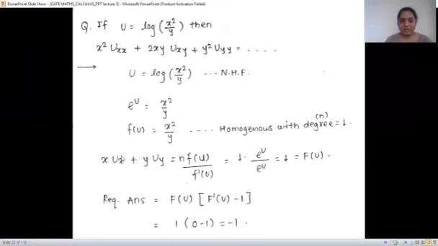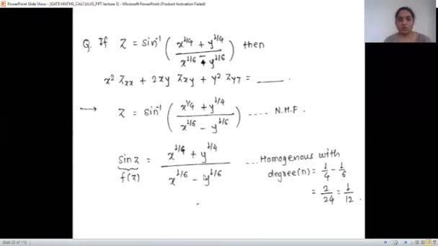I am showing the last example for your help. So x z_x plus y z_y, I am asking you. So u's role is now played by z. That is n into f of z upon f dash of z. Remember this formula, write it down. x z_x plus y z_y is n f of u upon f dash of u. In this case, n f of z upon f dash of z. So n, you know, is 1 by 12. f of z you know, f dash of z you know. So can you just tell me x z_x plus y z_y?